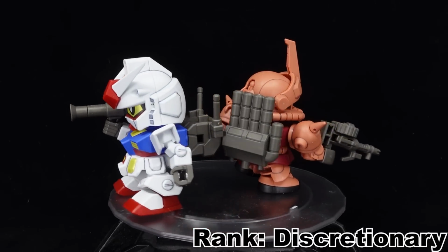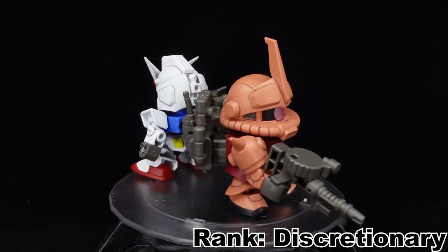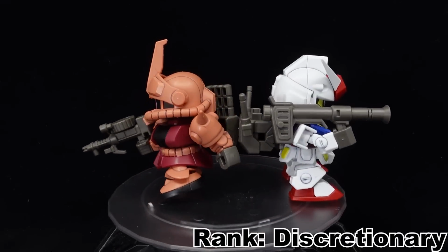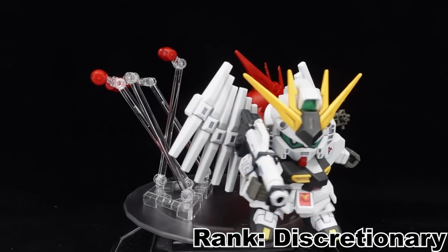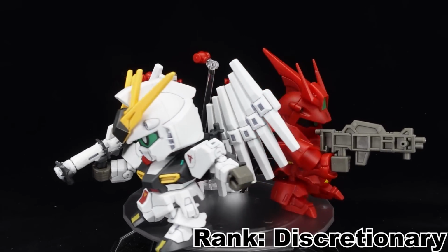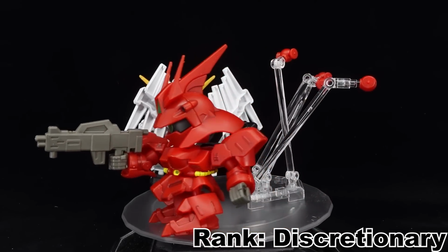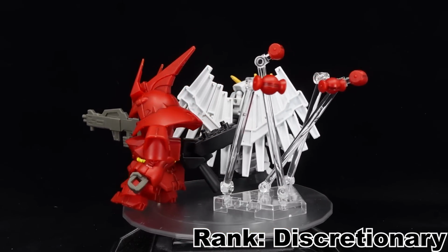Individually, there's nothing too special about any of them, as their weapons are relatively basic and their combiner elements are more than obvious. Unless you want an extremely babified version of each of the listed units, I will not recommend purchasing them individually. On the other hand, the Super Shock Gundam, as clunky and problematic as it is, does have